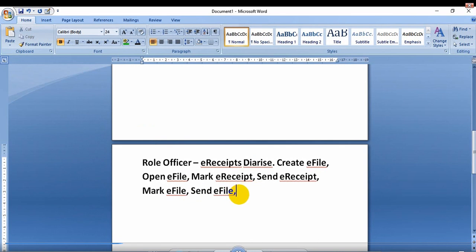So now the question comes that if role officer can do marking and sending, to whom will he send? There is a limitation in that. For example, if he's role officer of collectorate, he will send in collectorate sections and offices. I am going to write here collectorate, okay? But he may be the role officer of any ministry also. Just think of it as a unit. Let me remove this comma, and I'm bringing this below and putting one arrow here so it will look clear to you, right?